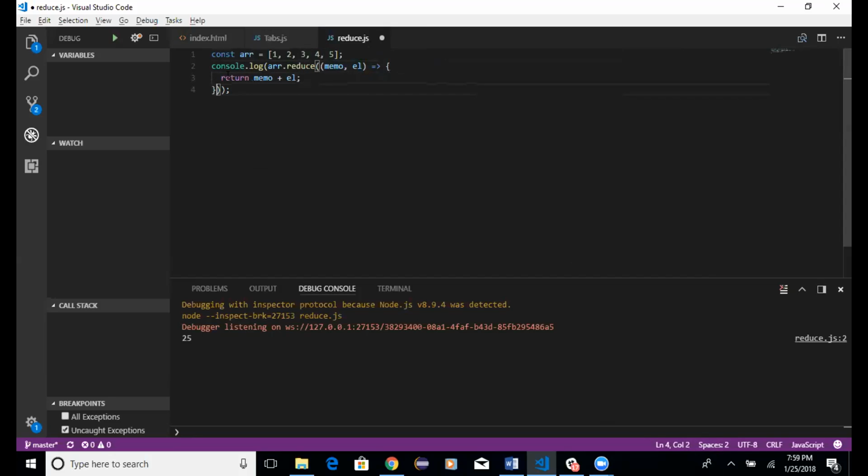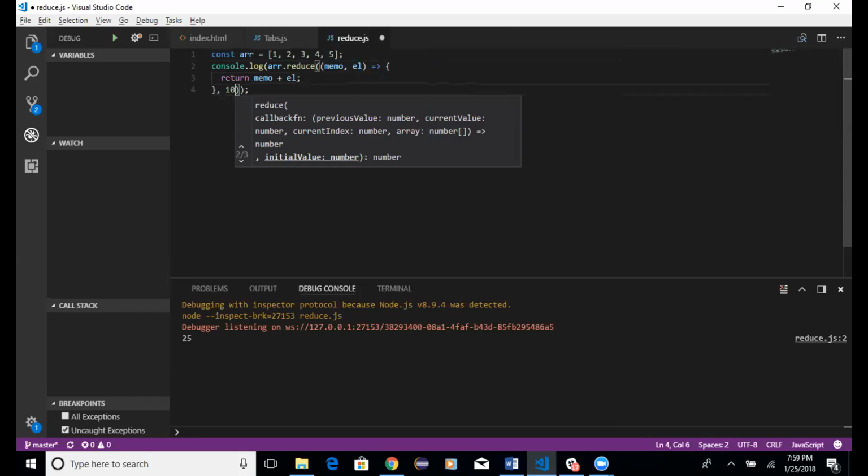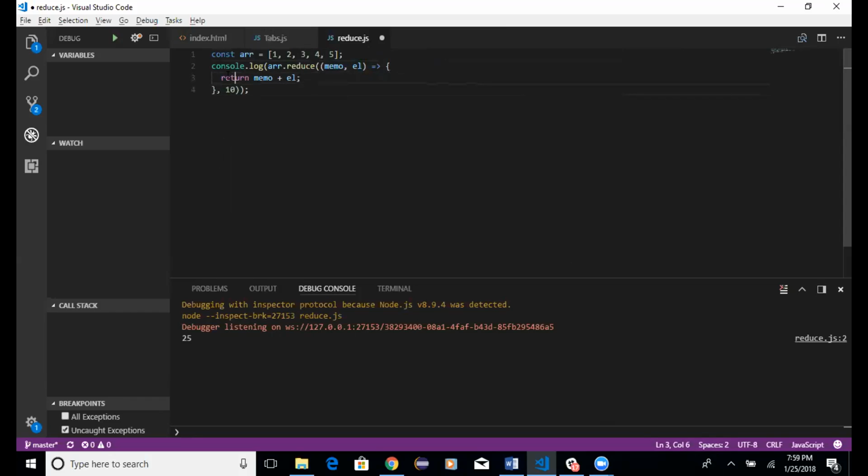The 10 would go here. But now I'll show you what happens if we don't have the 10. If we don't have the 10,